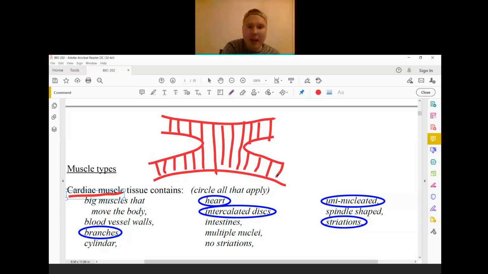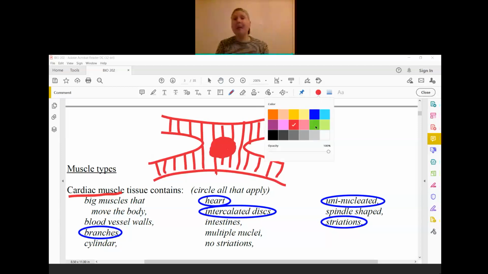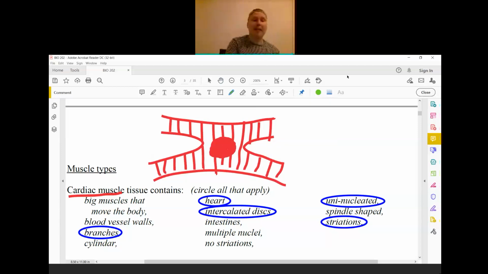In addition, in a heart muscle cell, we've got one nucleus, so we call it a uninucleated cell, and that nucleus is normally located right in the middle. And of course, the only place where we find cardiac muscle cells is going to be in the heart. Now comes the last term that's important. You'll notice that at the end of these branches of a heart muscle cell, we've got this specialized structure that's called